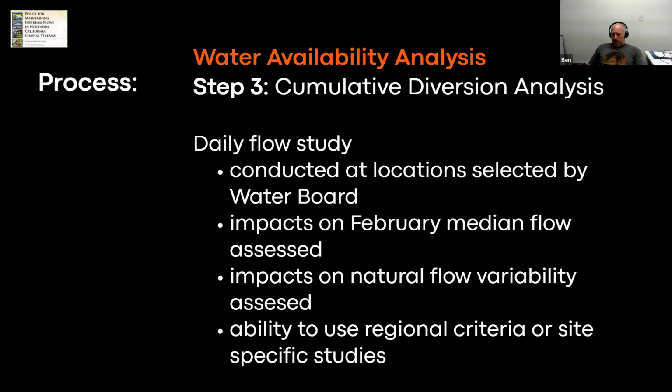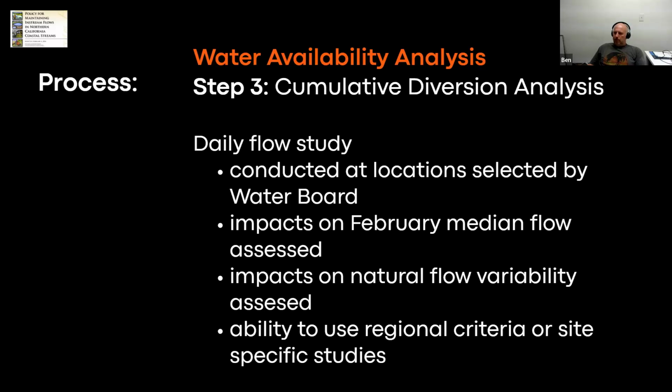So if it does look like there's a suitable amount of water, then you take that information that was provided back to you from the State Board, and then you enter into the cumulative diversion analysis process. So that includes a daily flow study. So you're actually looking at the time series of flows projected at these points of interest and analyzing things like what the impact of your new proposed diversion is on February median flow, what the impacts are on the natural